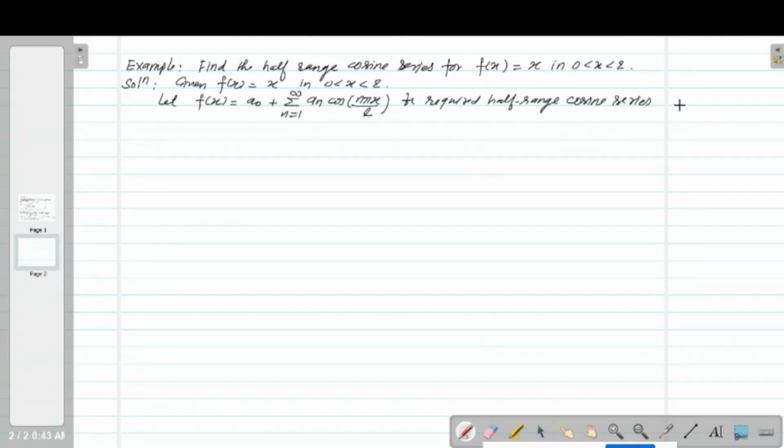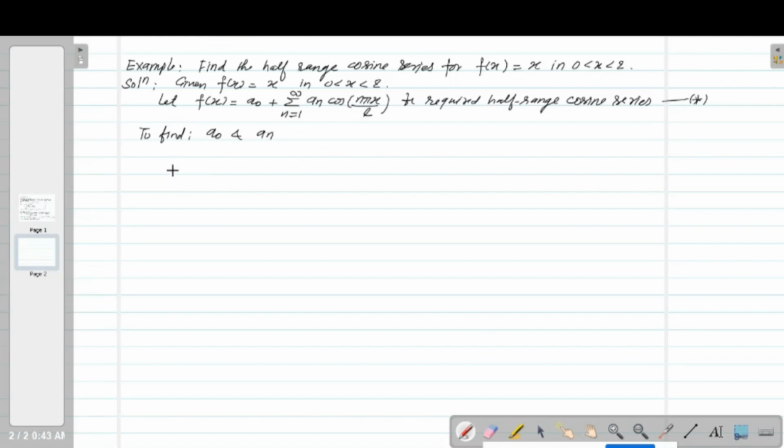Okay, name this equation number star. This is what? Half range cosine series. But our job is what? Our job is to determine the coefficients a naught and a n. Now, to find the coefficients a naught and a n,